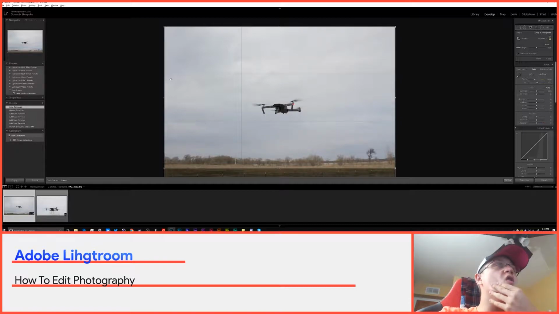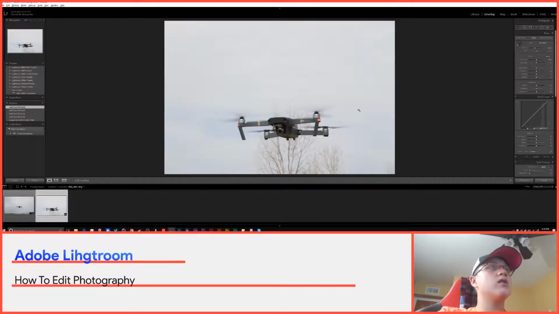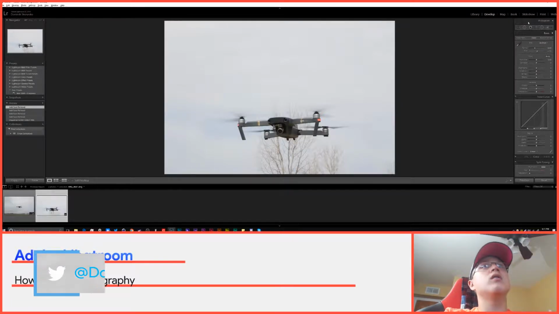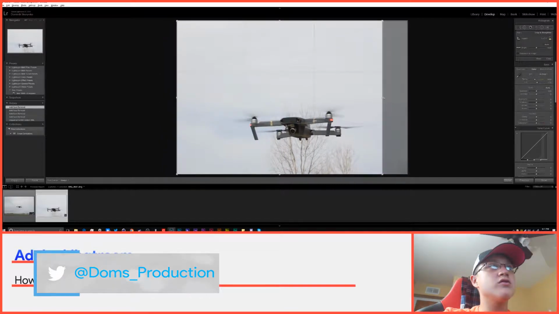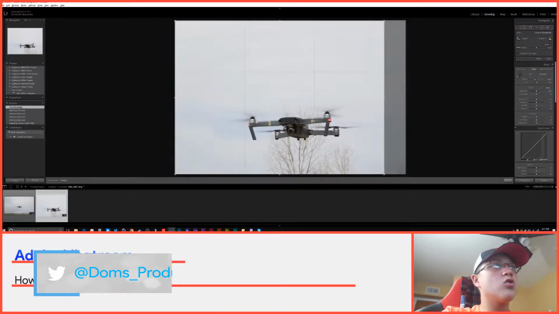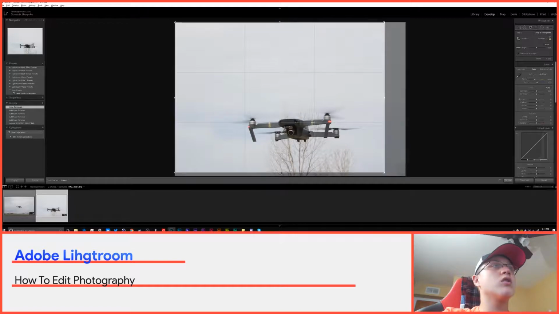And because it's a drone, I want a lot of white space in the sky. So just press enter there. And you have the landscape, and then a big open sky for the drone. And then we got the same thing here. But you see over here on the bottom corner, there's a tree. And I don't really want that in the picture, so I'm just going to take it and I'm going to crop it. So right in this rule of thirds corner, I'm going to move it so the Maverick name is